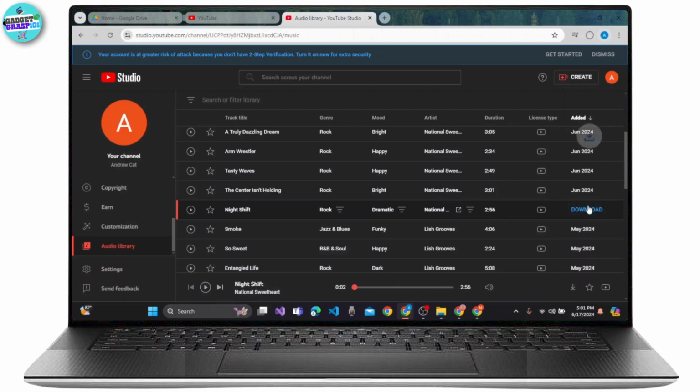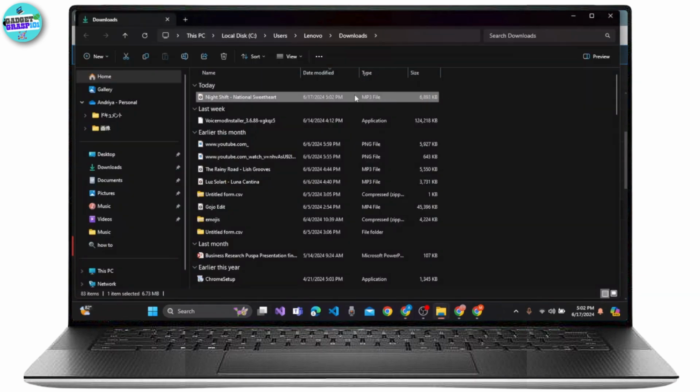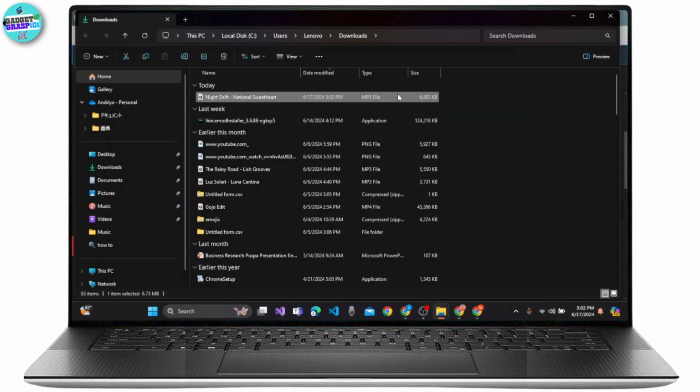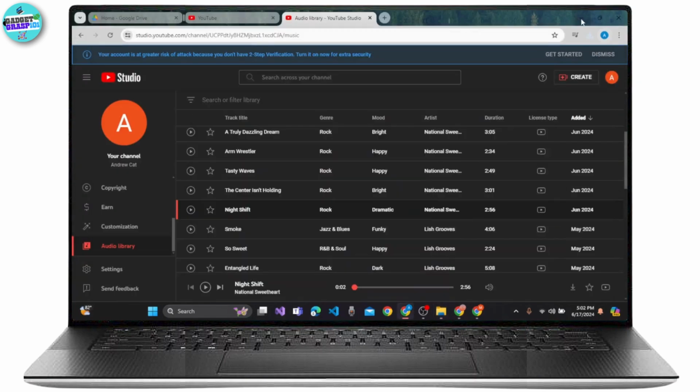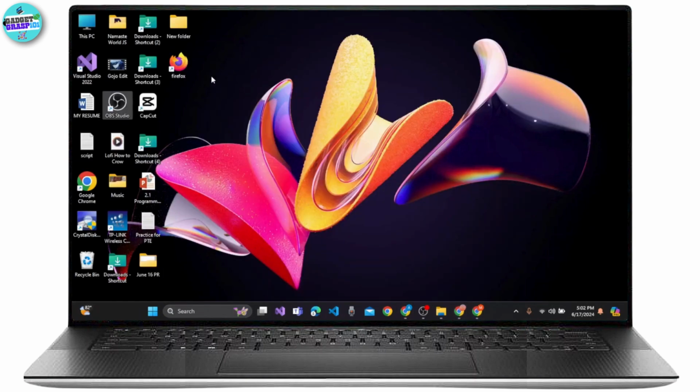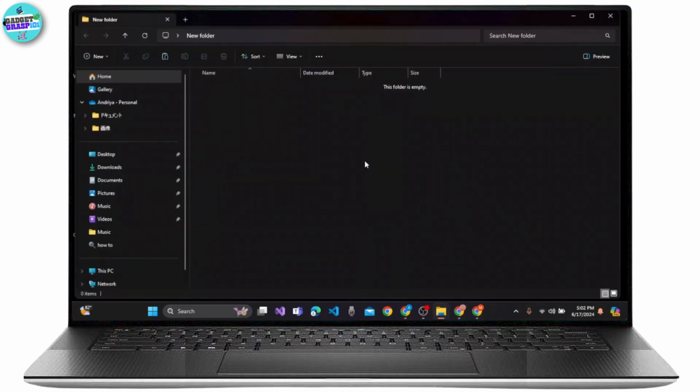So let's click on it, and it has already been downloaded, and you can easily locate this file. So let's click on it and show it in folder. You can easily copy this anywhere using Ctrl+C on your keyboard, and then you can also copy and paste this on the new folder. So let's open a new folder, and by pressing Ctrl+V, you can easily